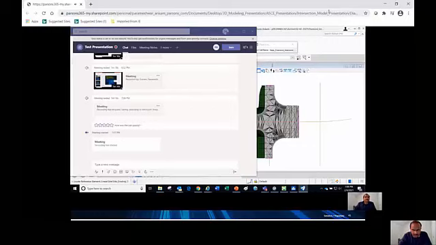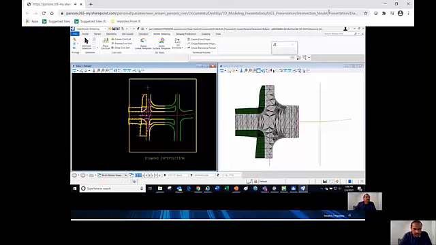There we go. As you can see on the right side window, it generated the detailed 3D model for the diamond intersection.